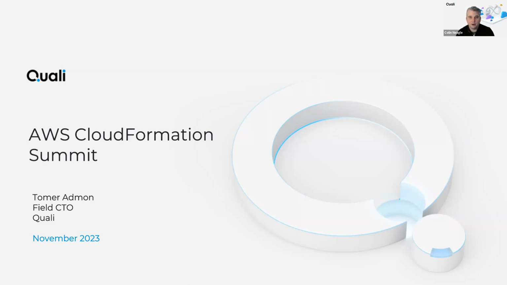What to expect today. We are going to start off with a couple of introductory slides. We don't want to bore anybody, but it helps for us to set the stage, right? In case you're not familiar with Quali or our products. We're going to walk through about 3 or 4 slides to help you understand what kind of problems we solve and how we work with our customers. And then from there, we're going to jump right into the demo. We have a lot of new product functionality around CloudFormation that I'm pretty excited to share. So without further ado, I'm going to hand it off to Tomer to kick things off.